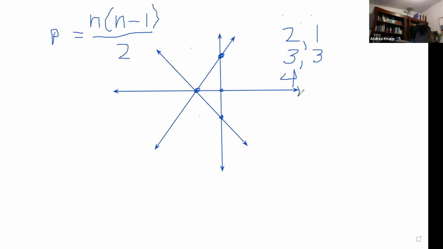No, it was 5. They're showing 5. So the question is, can we get more than 5 intersections if we have 4 lines? Okay, so with 4 number of lines, which is the n,